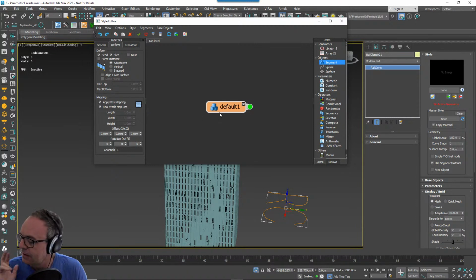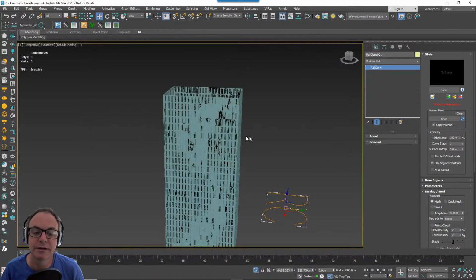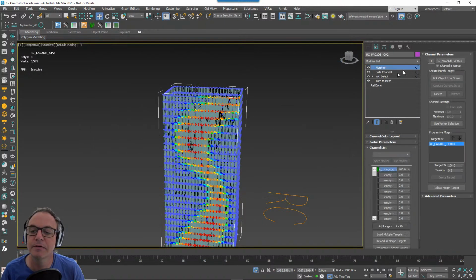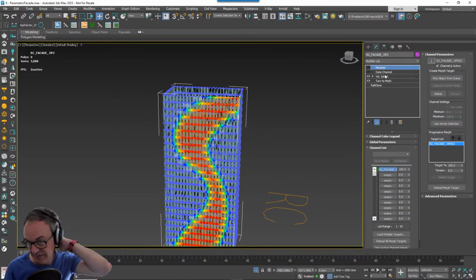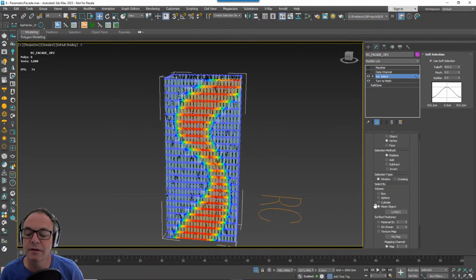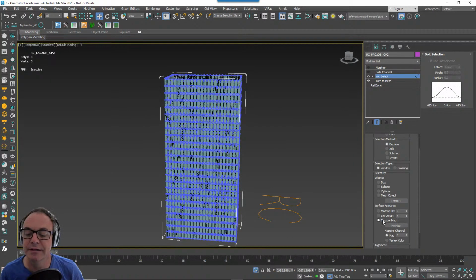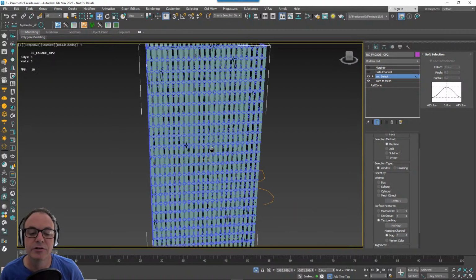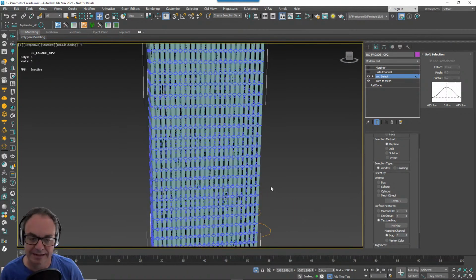Okay, and the last question, since we ran out of time: can we use a noise map for that instead of something like Loft? Regarding that, 100% you can. So let me just turn a few things off while we do this. You've got the ability to use texture maps there. You can see here's a texture map, and you add your map there, and then it will use the grayscale value of that map to select instead of